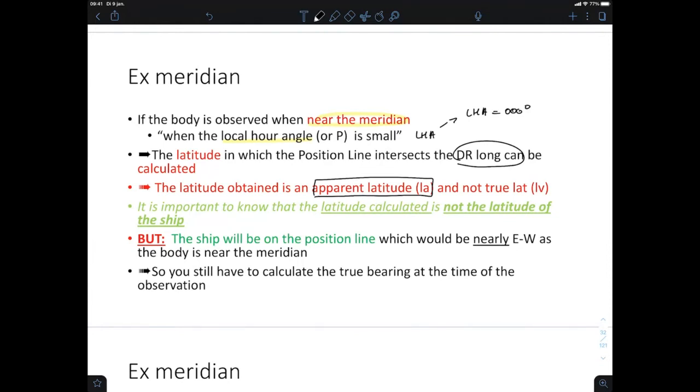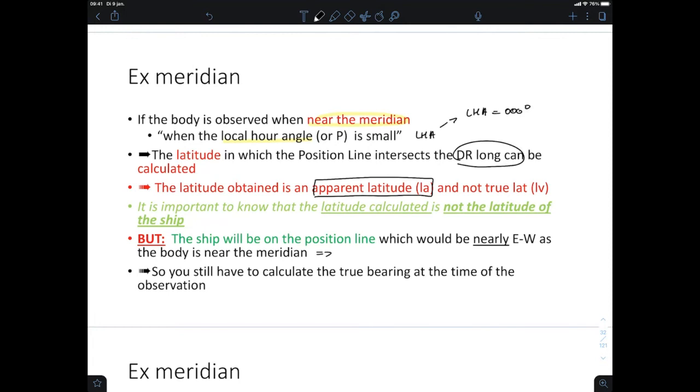So it's important to know that the latitude that we calculate with this method is not really the true latitude of the ship, but we will see that the ship will be on a position line which is perpendicular, which would be nearly east or west. So a position line which is nearly east or west